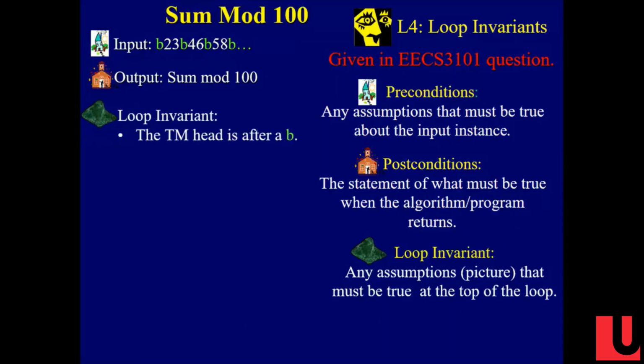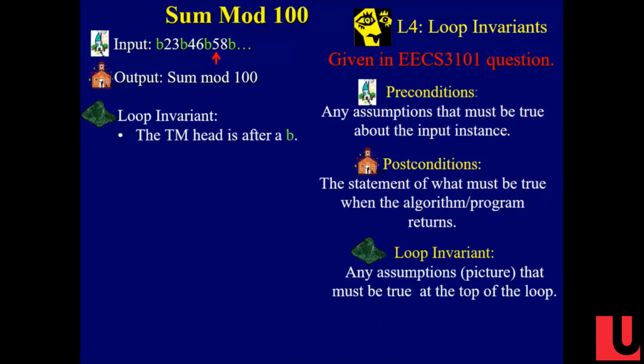So what's my loop invariant? Well, I have to say where the head is. Now, of course, the Turing machine doesn't know where the head is, because it can't know arbitrarily. But it can know within the pattern where it is. So the Turing machine will know that it's on some pair of numbers, and it's sitting on the first digit of that pair. So here I'm saying it's after one of the blanks. That's where the head is.